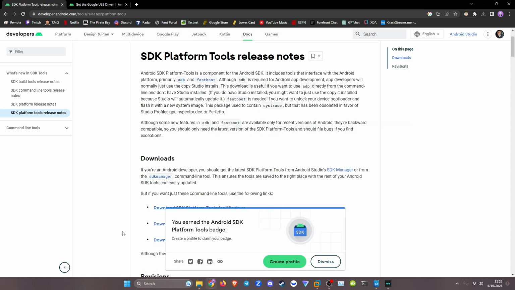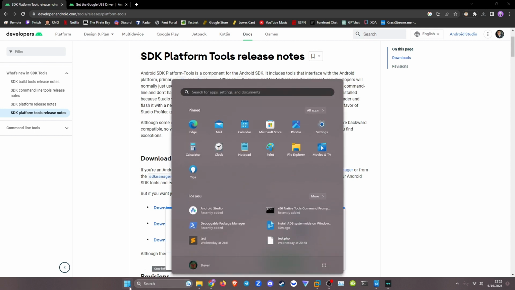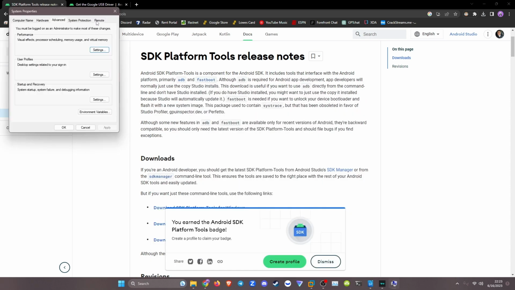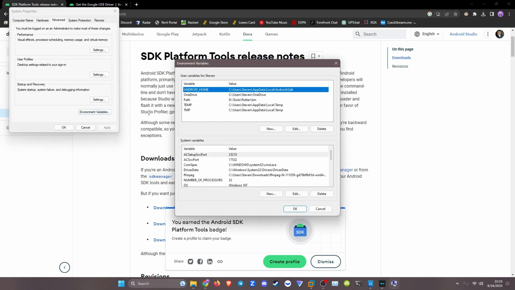Now this is where we need to add the drivers to the system. So we want to press the Windows key, open up the start menu, and you'll want to go to Advanced System Settings. Start typing in Advanced System Settings. It should pop up. Here it is. Open that up. Environment Variables. Click on that. System Variables. Add a new one. So new